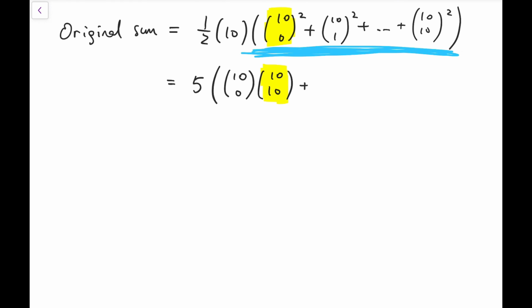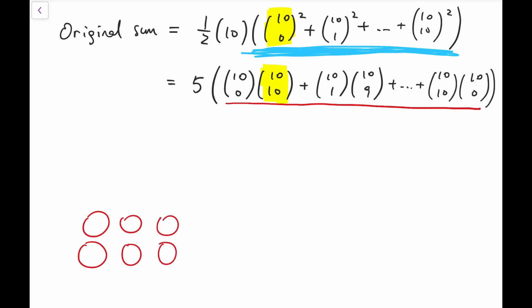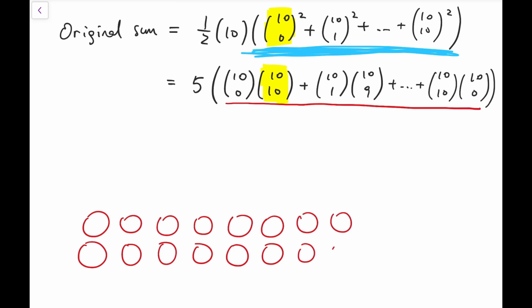Continuing, 10 choose 1 whole squared equals 10 choose 1 times 10 choose 9, adding all the way up to 10 choose 10 times 10 choose 0. The reason that I made the sum longer again is because when the sum reaches this form, I can immediately condense it back to a very short expression. To see this, I'm going to demonstrate visually